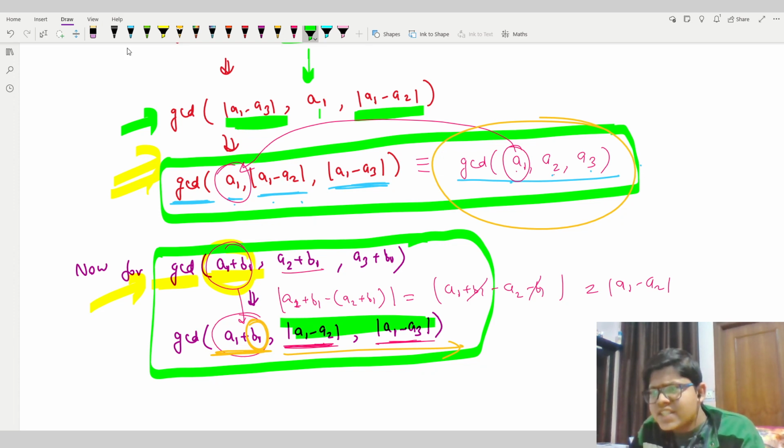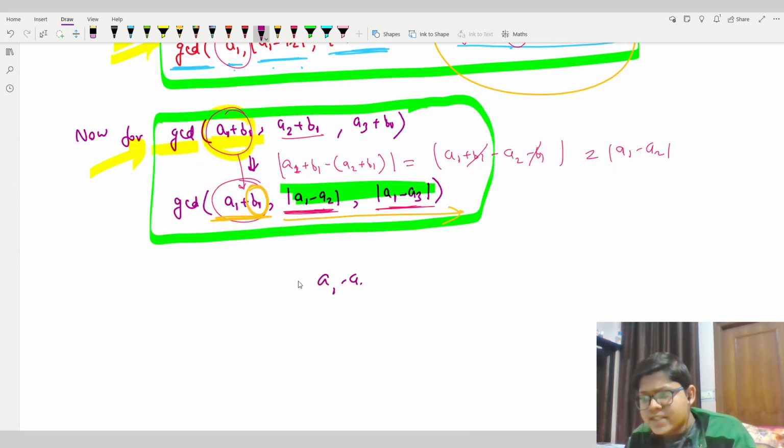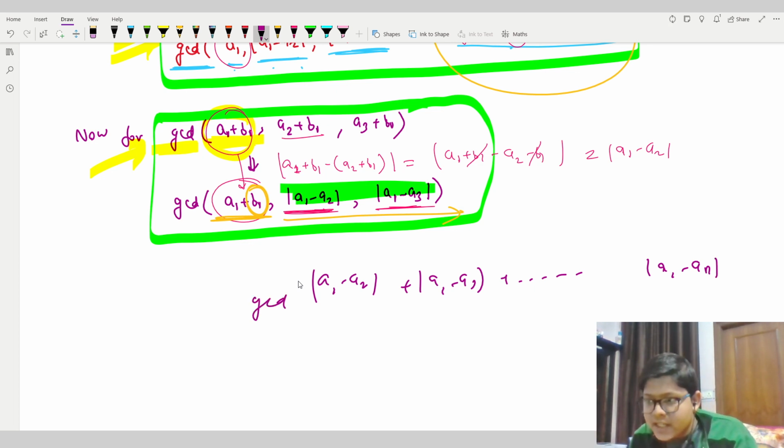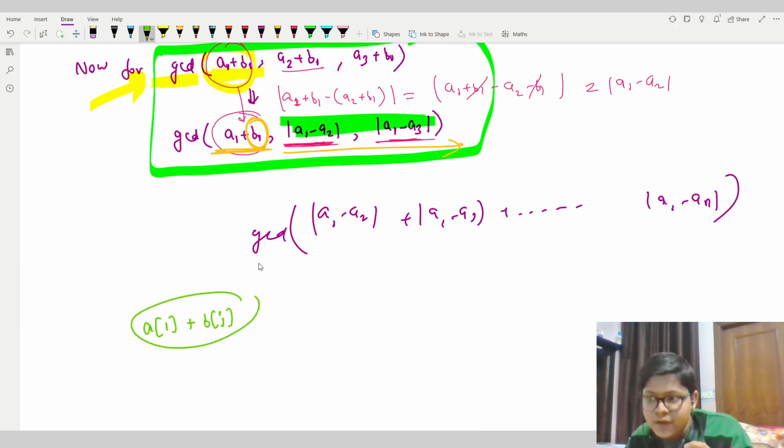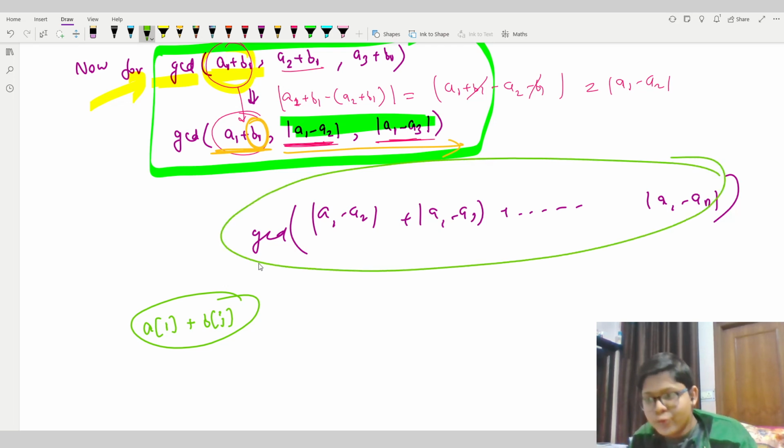So what I can simply do is find the GCD of the remaining part, which means I will find the GCD of a1 minus a2, a1 minus a3, up to a1 minus an, right? And I will store it in my variable called answer. And then I will find the GCD which I wanted for every j by simply adding a of 1 with b of j, and doing the GCD of this thing and the thing right here. So for every b of j I can do it, right?